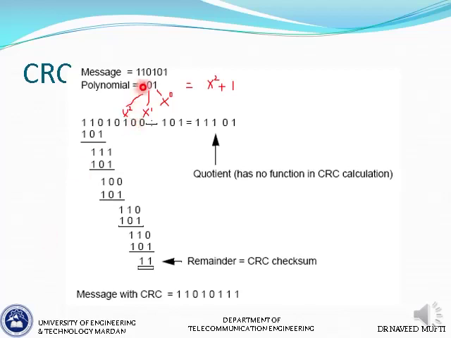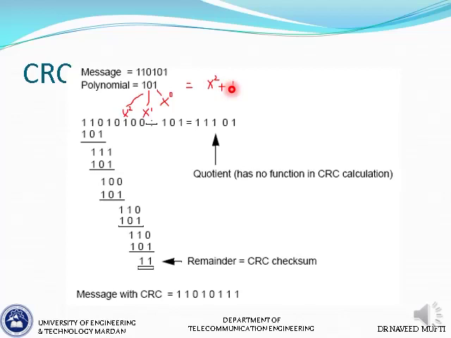So it's basically 1 multiplied by x square plus 0 multiplied by x raised to power 1 plus 1 multiplied by x raised to power 0. So that's what we get. So from the equation you can guess the polynomial, from the binary combination you can guess the expression. Anyways,